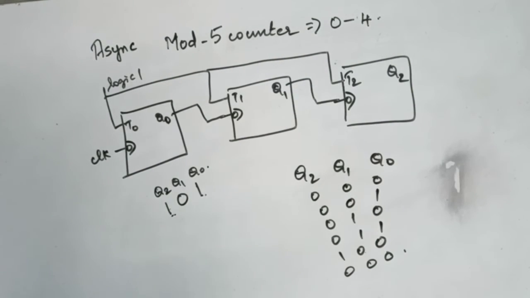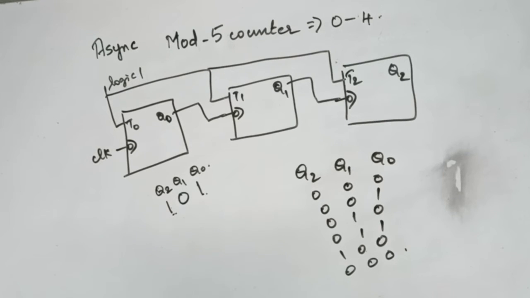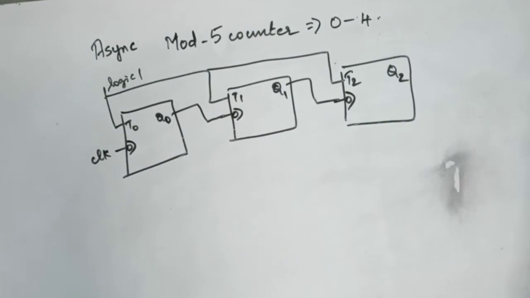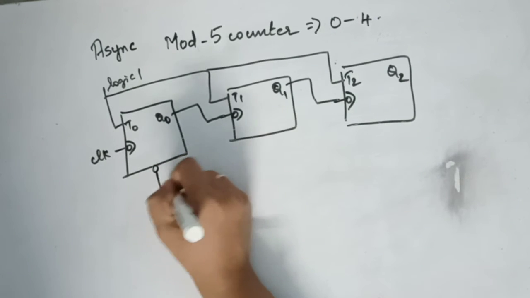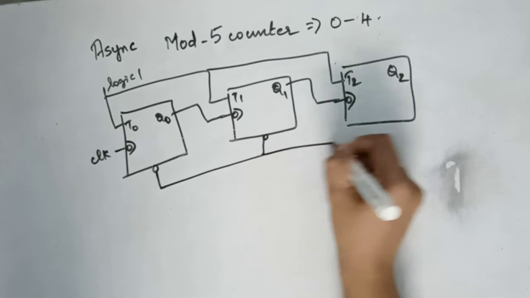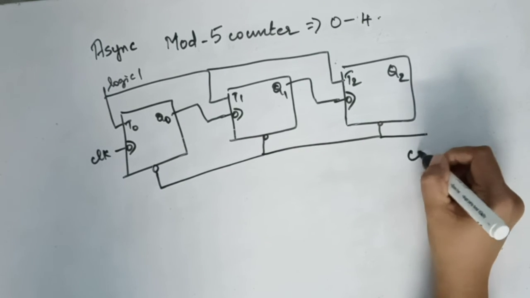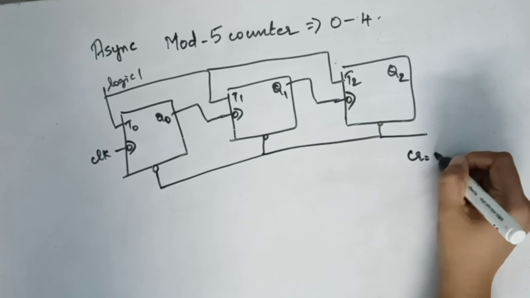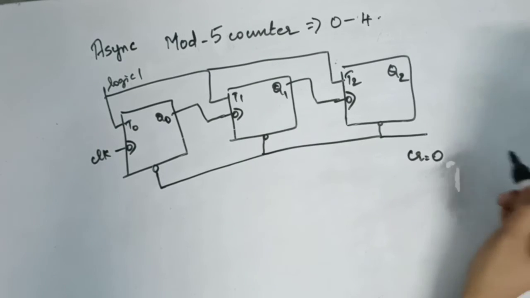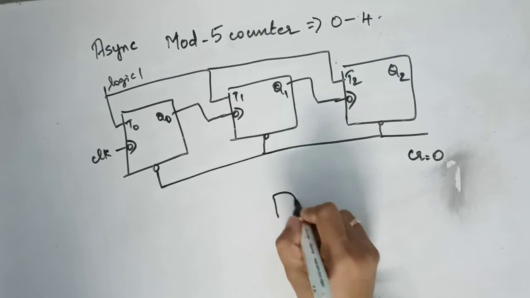So what is the gate in which if both the inputs are 1, output is 0? Why do you want output to be 0? Because that is given to the clear. What I mean is, you have the clear input. So you will be clearing using the clear input. So what should you give to the clear? Clear should be 0. So you need a gate,